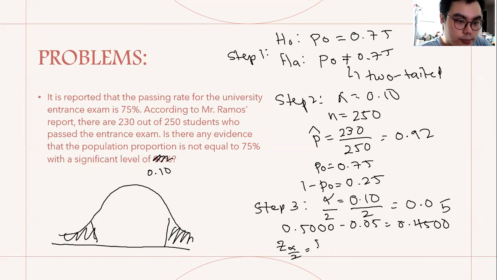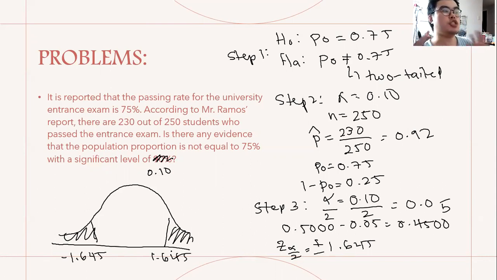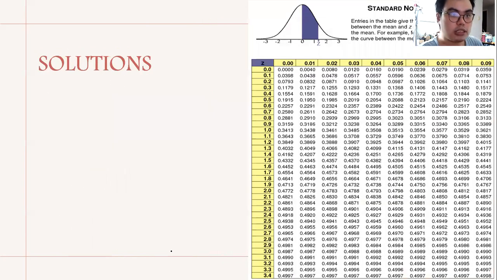Okay, so our critical value is plus minus 1.645. Okay, so we can label this normal curve along with its rejection regions. Why plus minus siya? It's all because it's a two-tailed. There is no specific comparison. So, in the step 4,